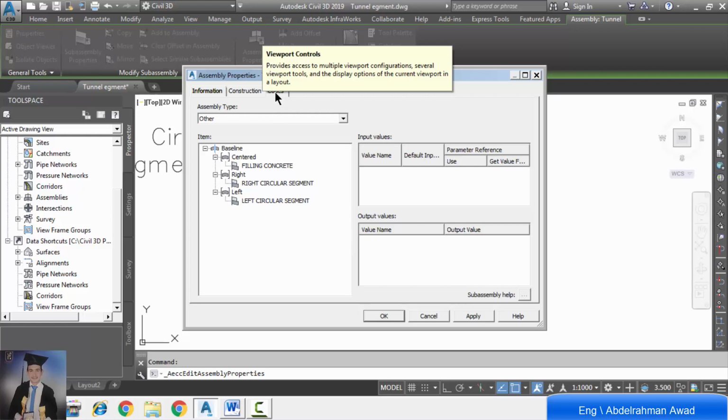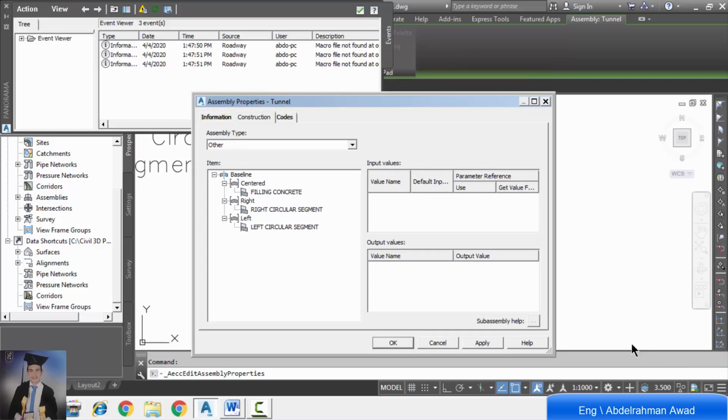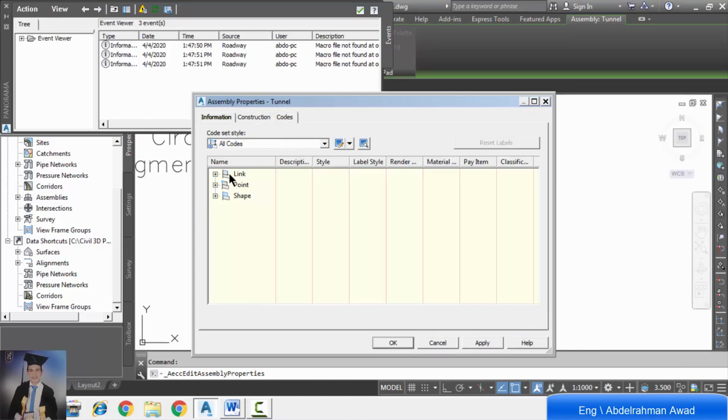and for codes, we want to make sure that the codes are added for each sub-assembly.